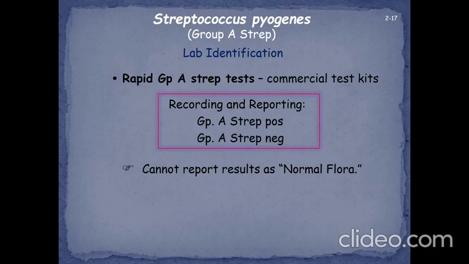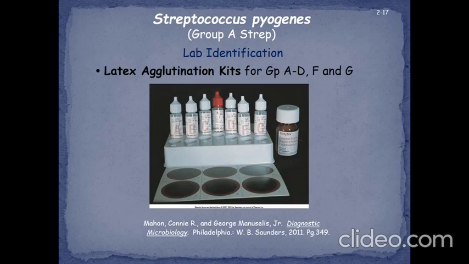On to the last test that we will do for Streptococcus pyogenes, and really this isn't just pyogenes, this is all of the Streptococcus, the different species, almost all of them. Now, the latex agglutination kit exists, and this will test for group A through D, F, and G. The way it does this is it's testing for that C carbohydrate or the lipoteichoic acid. And so we go through an extraction step in this, which makes it a little bit more tedious than just doing the